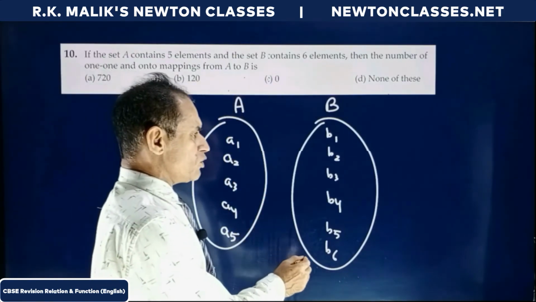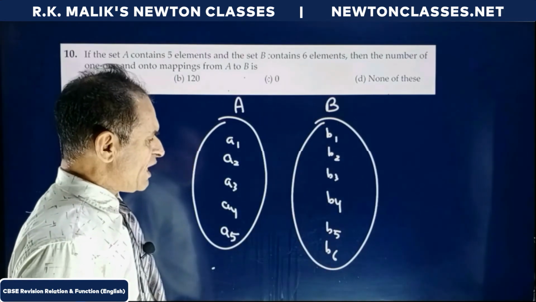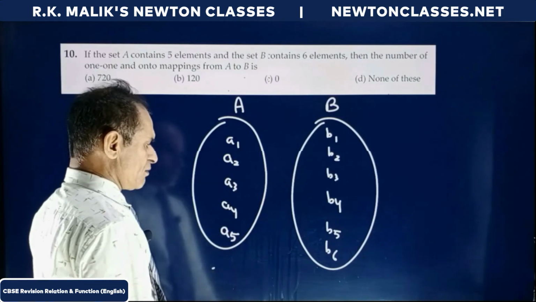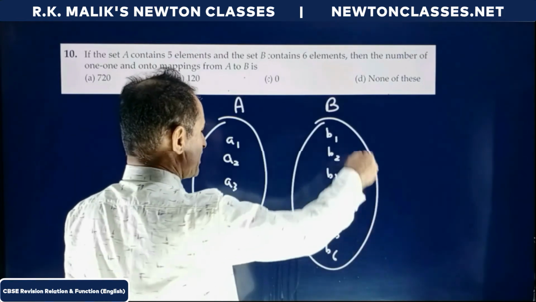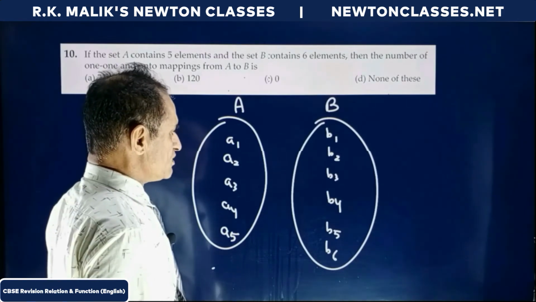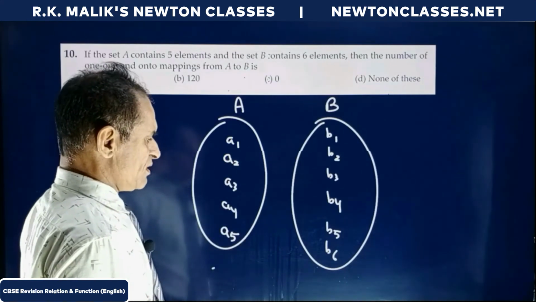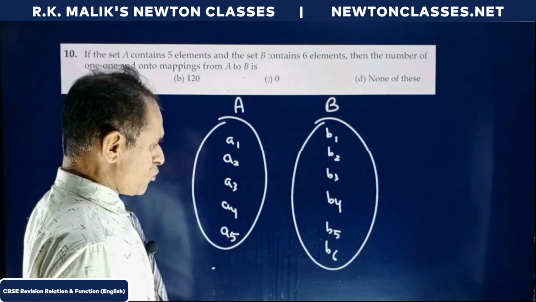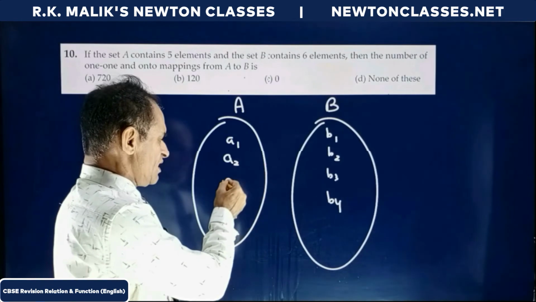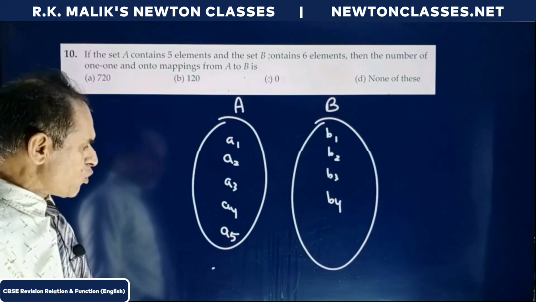For the function to be onto, on every element of B at least one arrow should reach. When only 5 arrows are coming out, 5 arrows cannot cover all the 6 places. That is why I told you that whenever the codomain contains more elements than the domain, an onto function is not possible. And if the codomain contains fewer elements than the domain, in that case a 1-1 function is not possible,